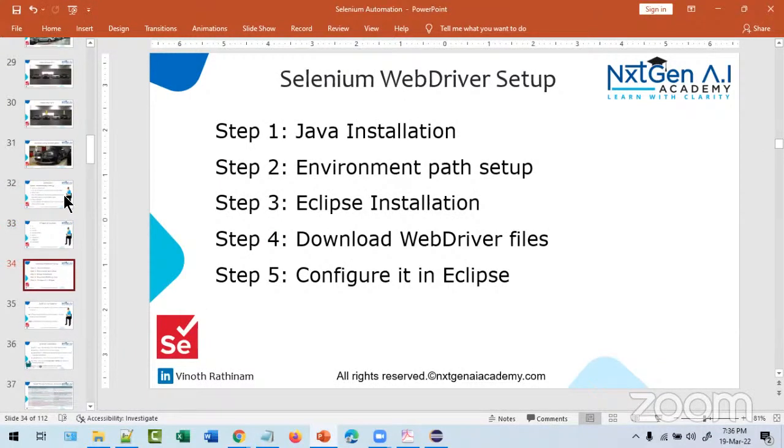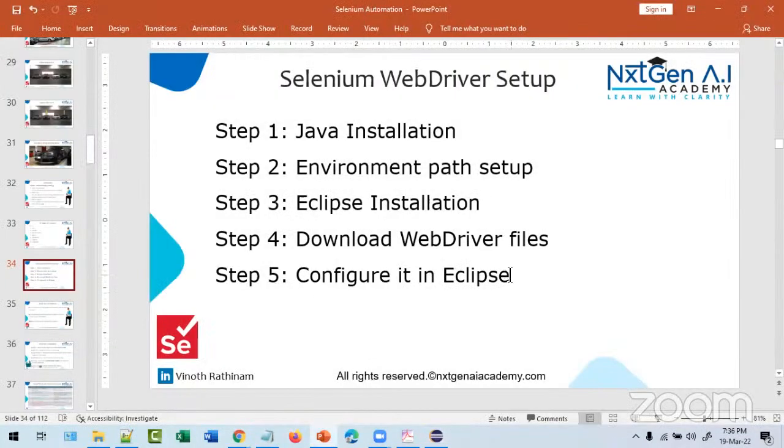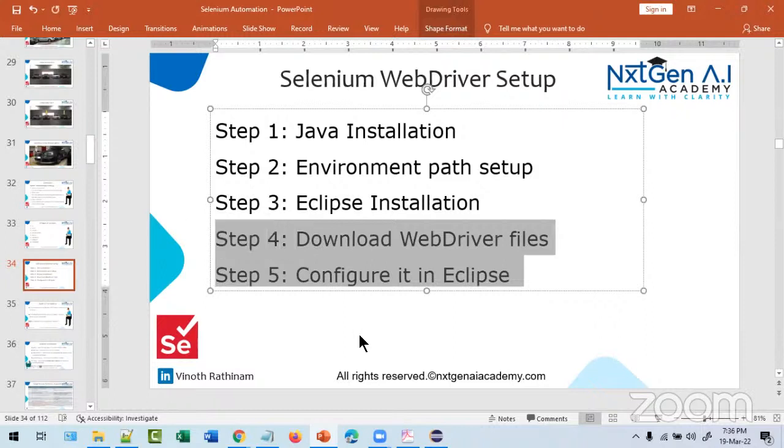Let's try to launch a small test case. So till now, we are done with the Java installation. Environment path setup is also done, Eclipse done. So all the things we already completed. Now it's again a Java project. Now we have to do 2 more steps. Download the WebDriver files and configure it in the